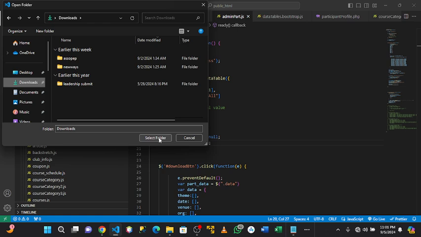Download is like a folder too. A document is like a folder too. But in your download, you can still create a folder that you want your files to be saved in. That is just what it does. Everything here is seen as a folder. So I click on Select Folder. That's my downloads. It's my folder now. Click on Select Folder,